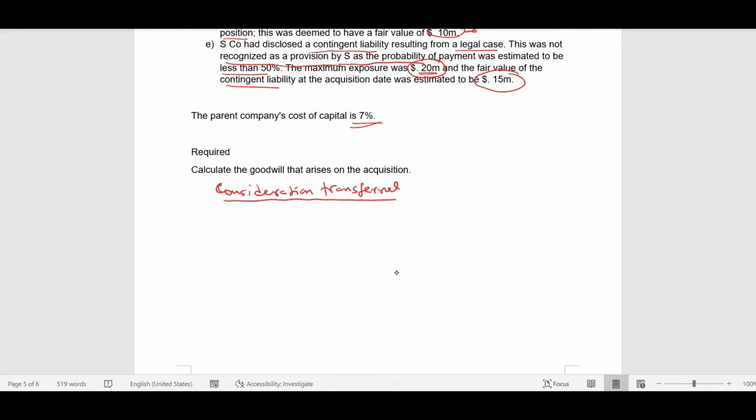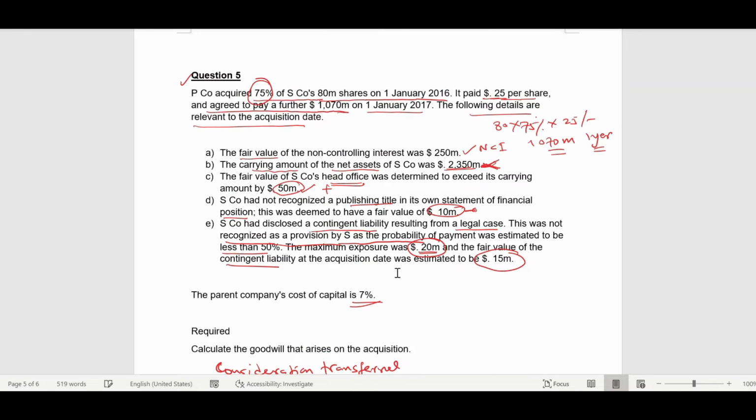First one is the immediate payment, which is 80 million times 75% times 25 per share. So which will be 1.5 million. Then there is a deferred consideration of